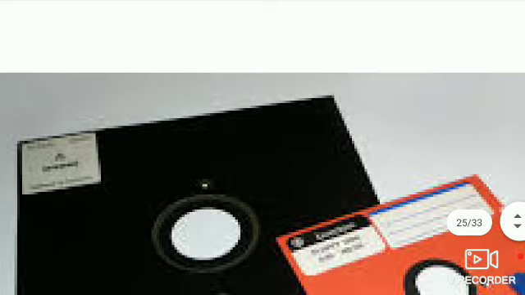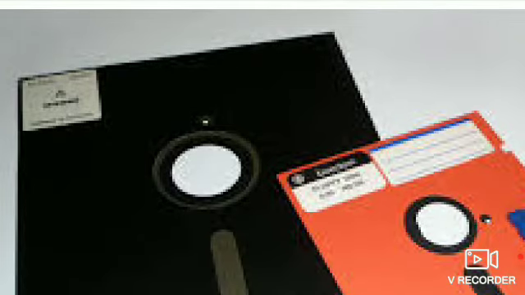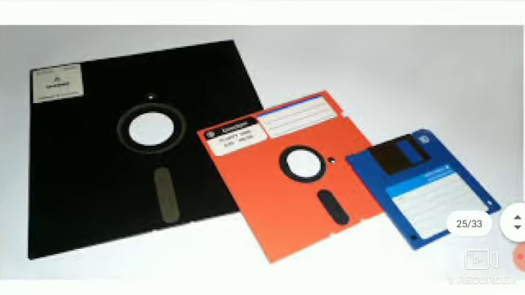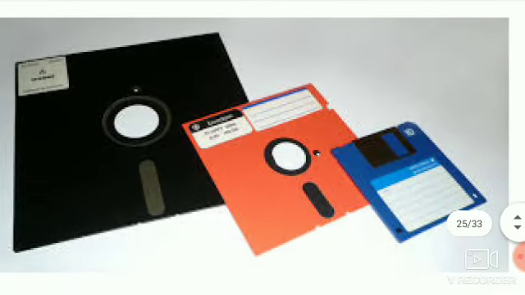Then we'll see the floppy disk. A floppy disk is a portable storage device and it allows us to store a small amount of data. A disadvantage of this disk is that it can be easily damaged by heat, dust or magnetic fields. So a floppy disk is not very useful, therefore we do not use it at present.